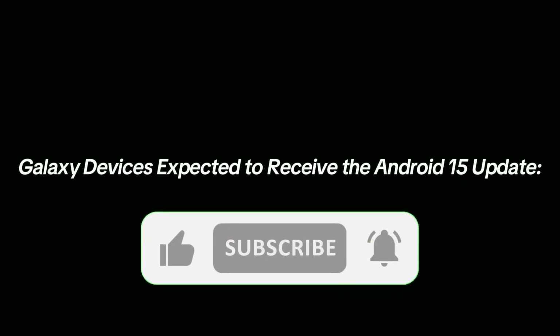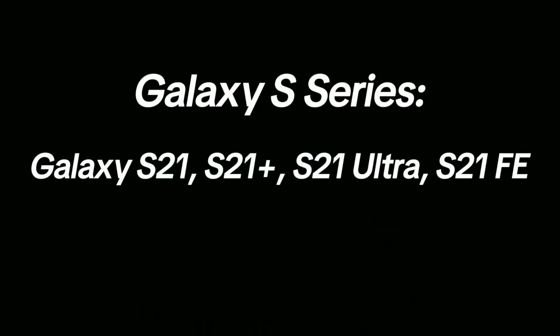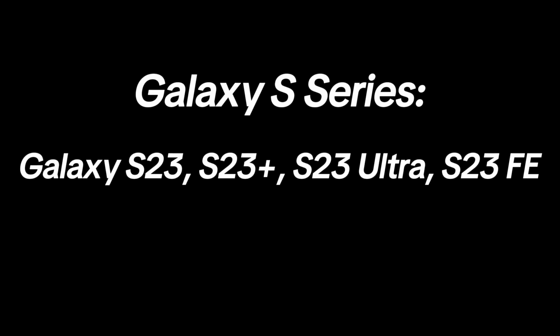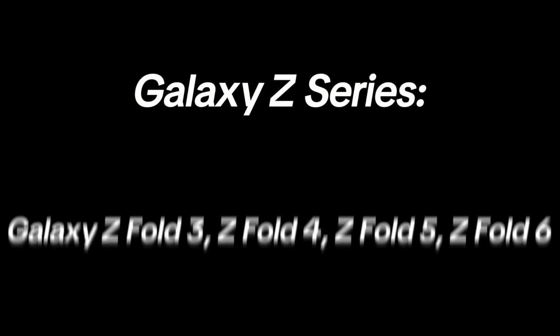Galaxy devices expected to receive the Android 15 update. Galaxy S series: Galaxy S21, S21 Plus, S21 Ultra, S21 Fan Edition, Galaxy S22, S22 Plus, S22 Ultra, Galaxy S23, S23 Plus, S23 Ultra, S23 Fan Edition, Galaxy S24, S24 Plus, S24 Ultra. Galaxy Z Series: Galaxy Z Flip 3, Z Flip 4, Z Flip 5, Z Flip 6, Galaxy Z Fold